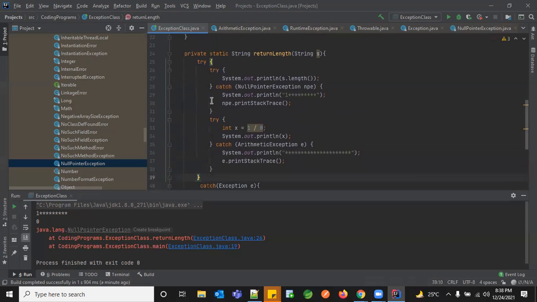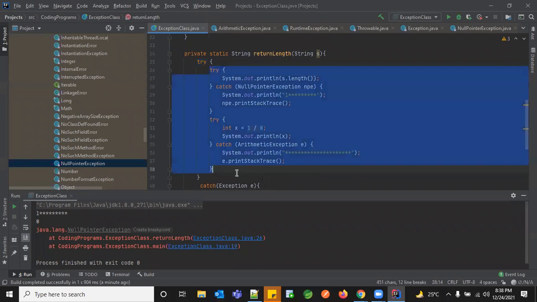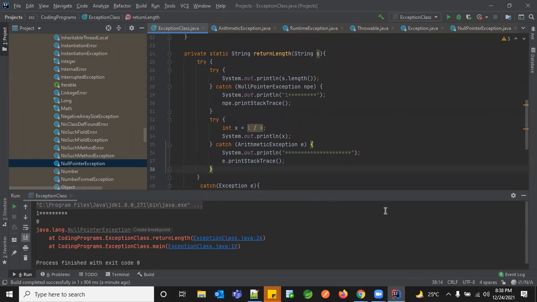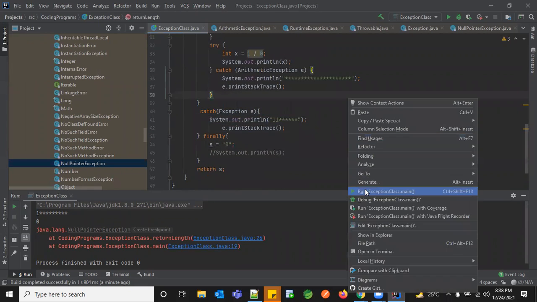Okay. So within the single try block, I'm having multiple try catch blocks, and for each I'm having its own exception handling there, and the common catch block. Okay. Now let me execute it.